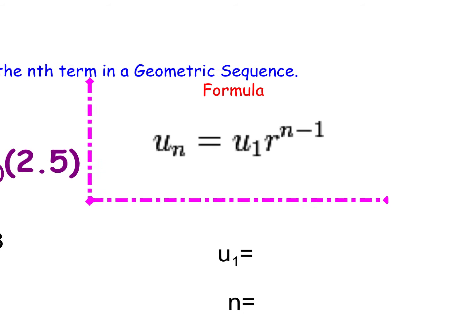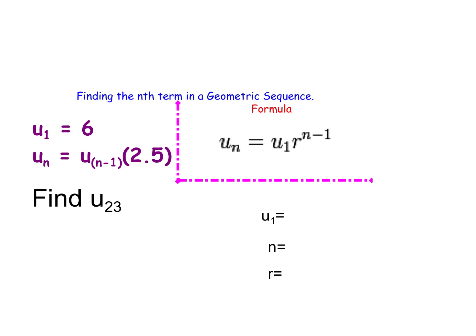Okay, so then let's do this one. It's different. Why is it different? Because it's geometric. You're not adding something each time. You're multiplying something each time. So the geometric formula,